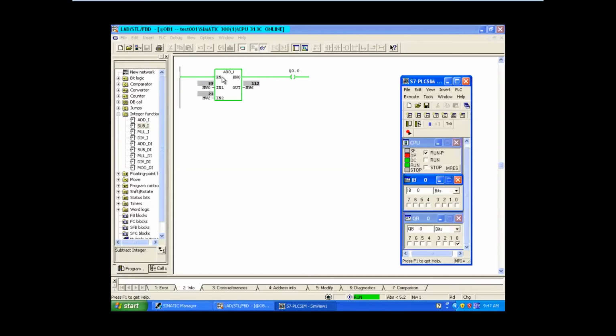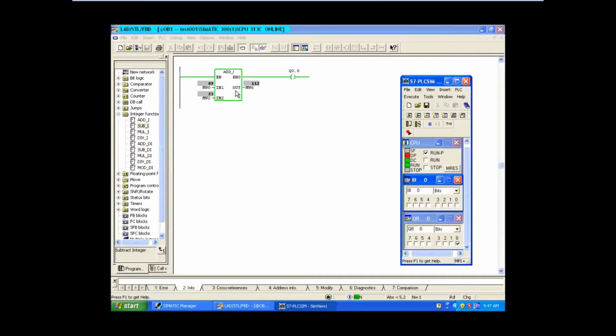Okay. The problem with not putting the input condition is that the control is not in our hand. So the addition will be done continuously. For example, see, MW2 is a running number. It is coming from the field which is running, maybe. At that time this value is continuously changing. Correct? So if the control is in our hand, we can stop the execution of the addition block. So that's the importance of an input before the addition block.